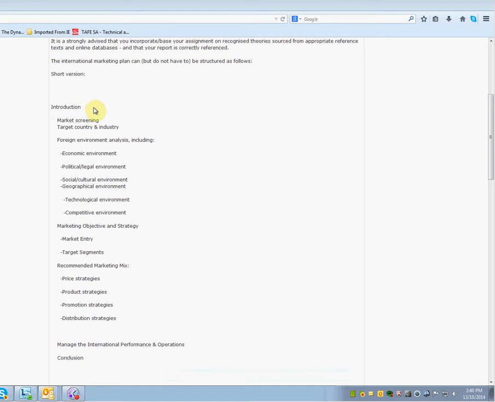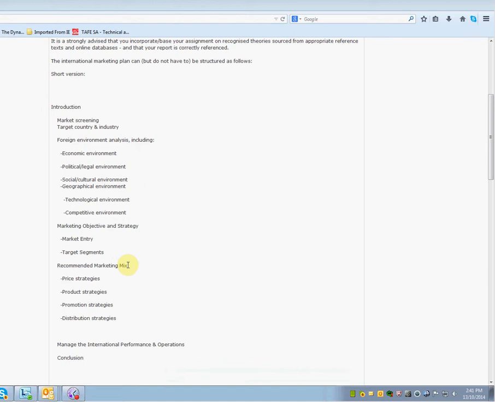Now, when you write your international marketing plan, the first step is to write, of course, the introduction. You always need an introduction. In the introduction, you explain what the purpose of this international marketing plan is and what you plan to cover. And the main things that you plan to cover is a foreign environment analysis. Basically, you'll analyze the environment in the country that you're expanding into. You'll decide on suitable strategies in that marketplace, and you'll design a marketing mix that'll give people what they want